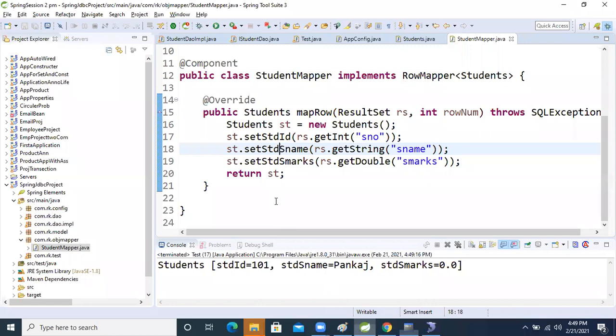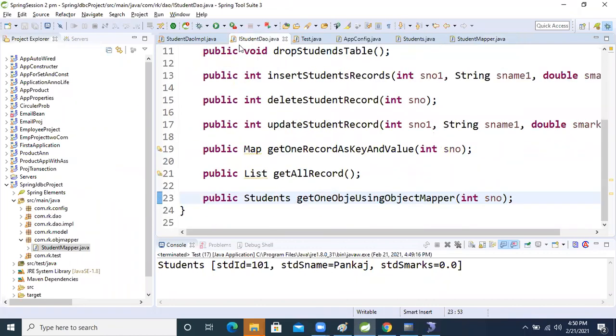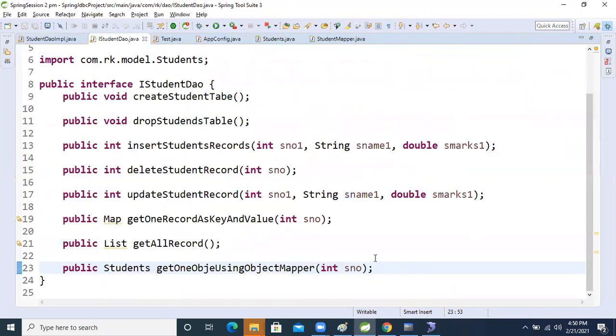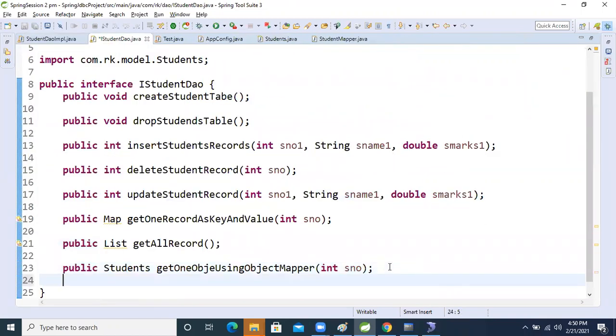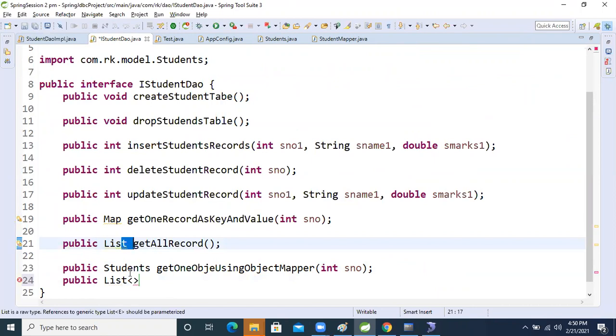For that, let's decide the method inside that interface. Public List, it will return a list. In the previous one I did not use the generic type Student.